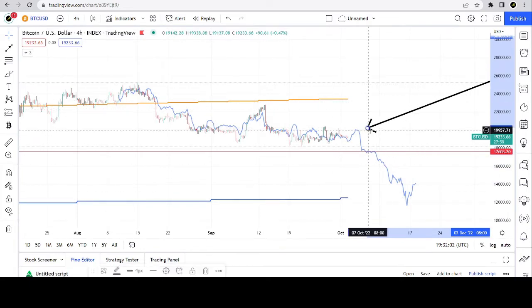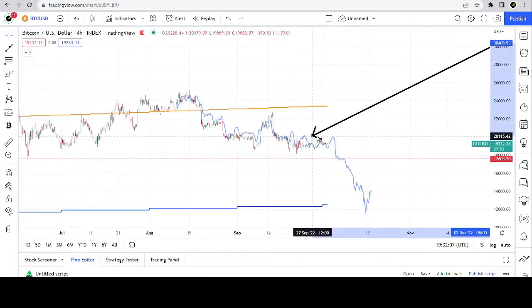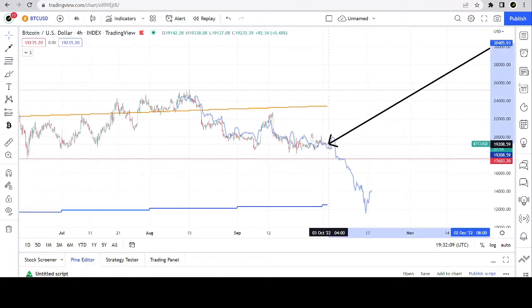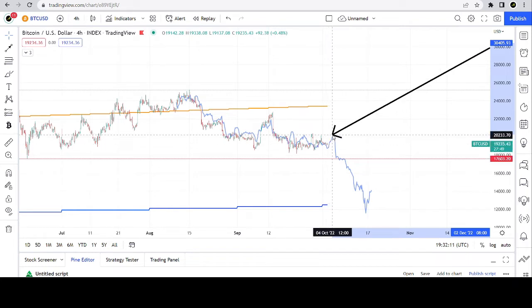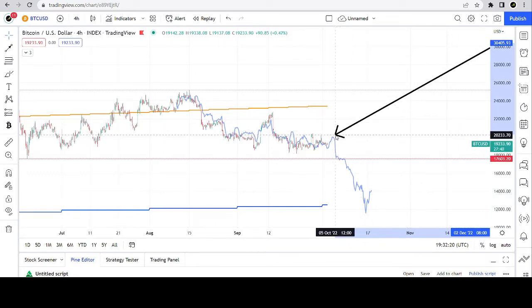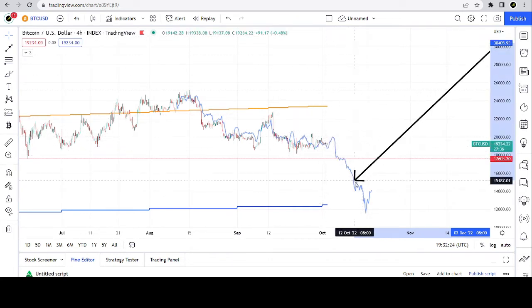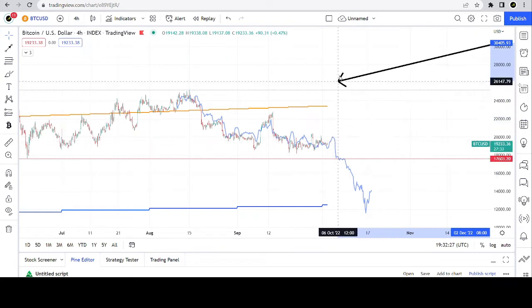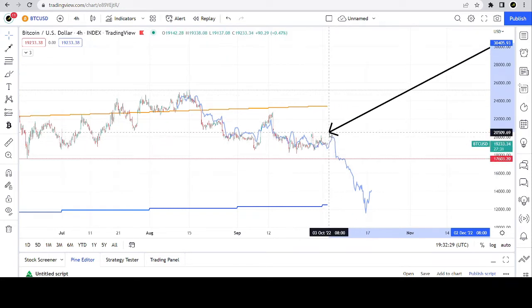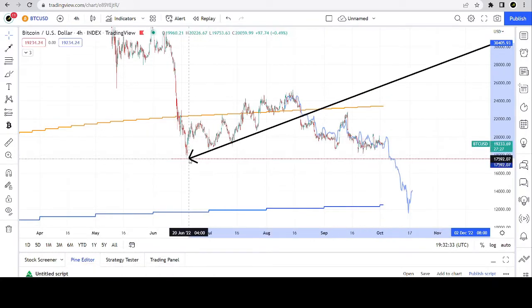Now, there's something to know about fractals. Charts can follow fractals, but sometimes they'll break from them. And points where they break are usually key decisive places where it's going to either move up or down. So there is the potential that this could go quite a bit higher and break from this fractal. If it does that, I will start to think that maybe this red line over here was the capitulation point. However,